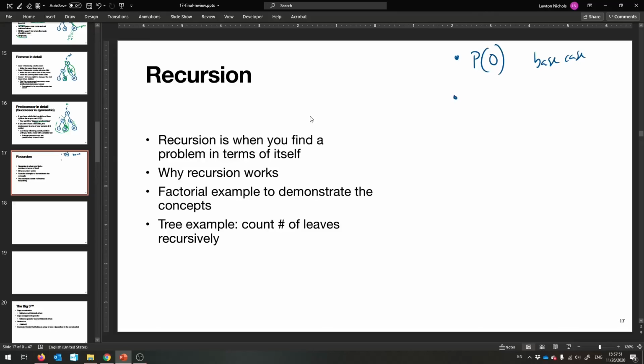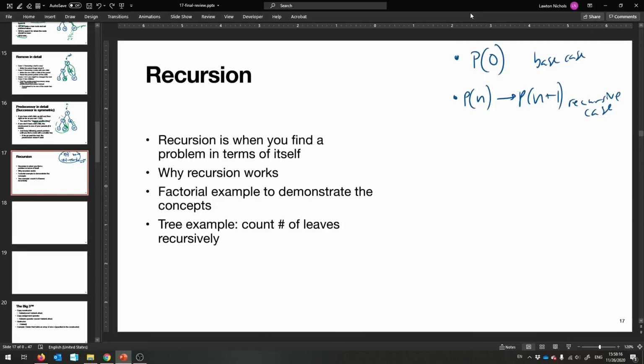And then you also know your recursive case, which is saying that, okay, you give me problem P of n. If only I had this, I know how to get you back one size bigger. I know how to solve a one bigger problem. Okay, you give me P of n, I can give you P of n plus 1. And the reason recursion is magic and works is because you will be able to get any number n based